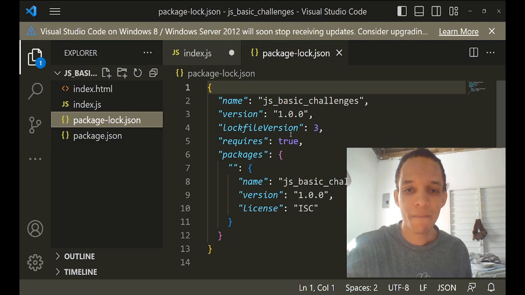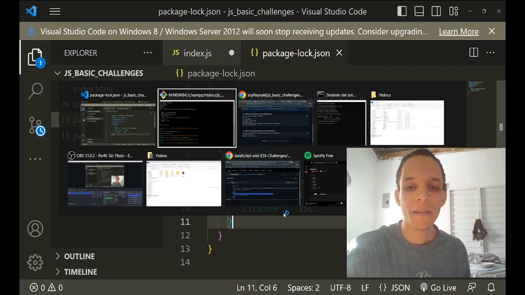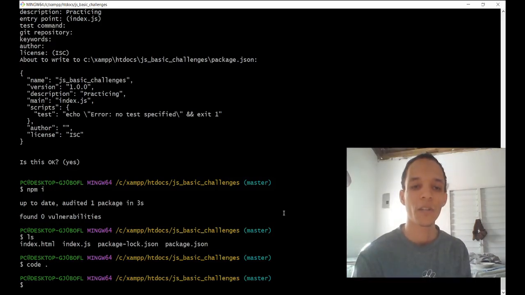Okay, the package.json, as you can see, has some packages, but it doesn't have dependencies yet. Why doesn't it have dependencies? Because we have not installed any dependency. So let's install the npm